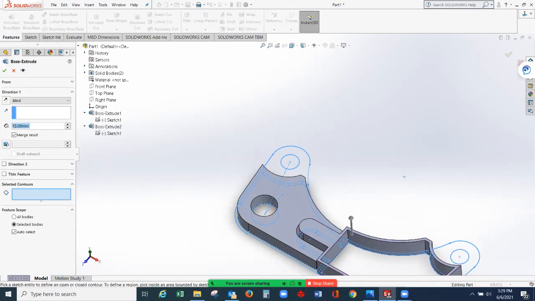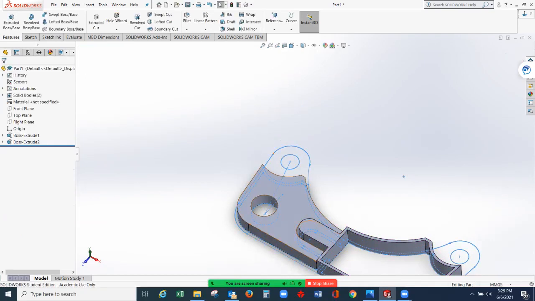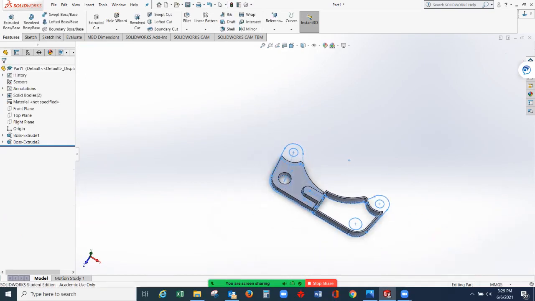Extrude boss, sketch. It's the line. Well, anyway, from this point, if you want to extrude the other one, the same procedure or the same steps.